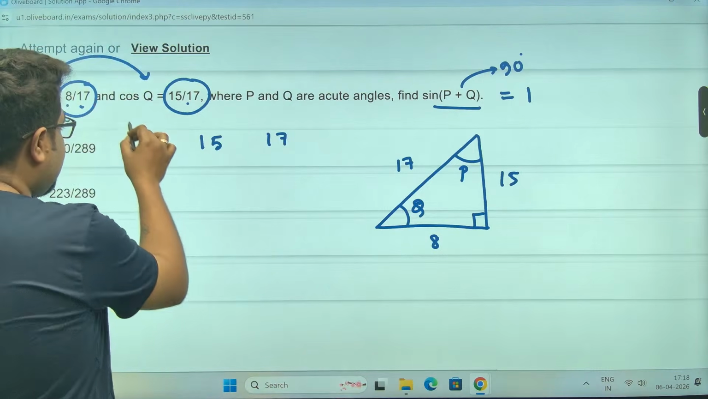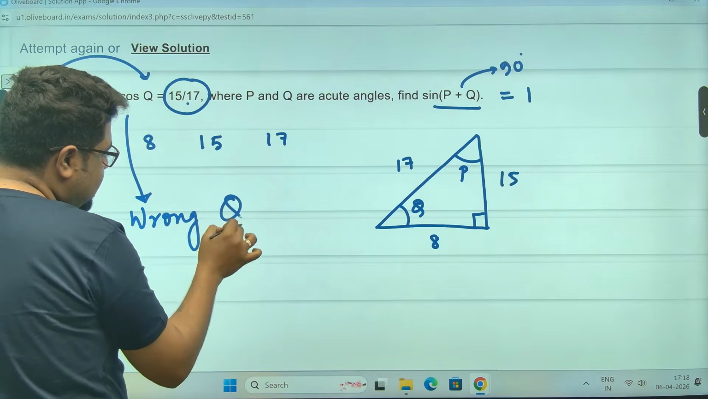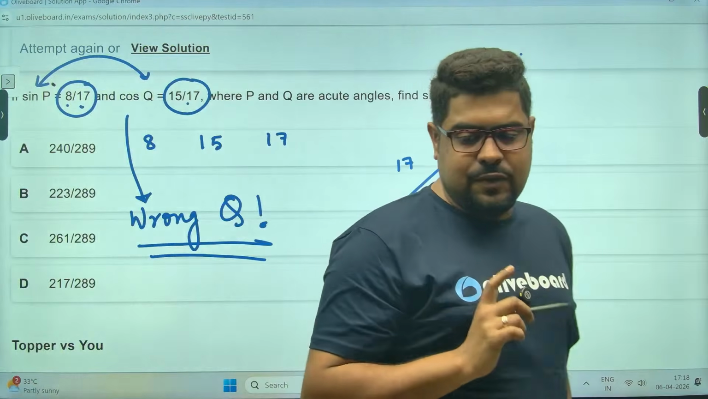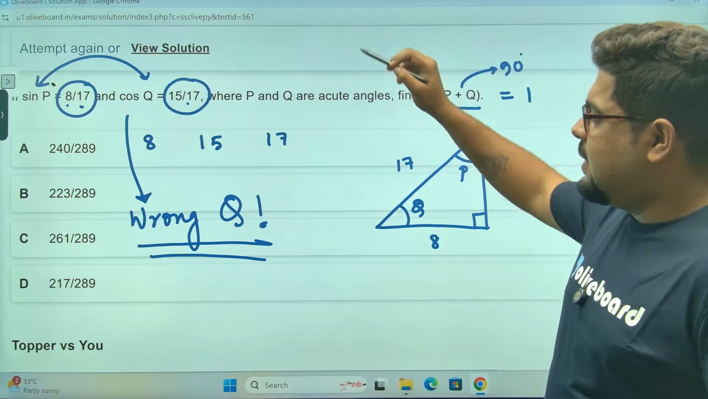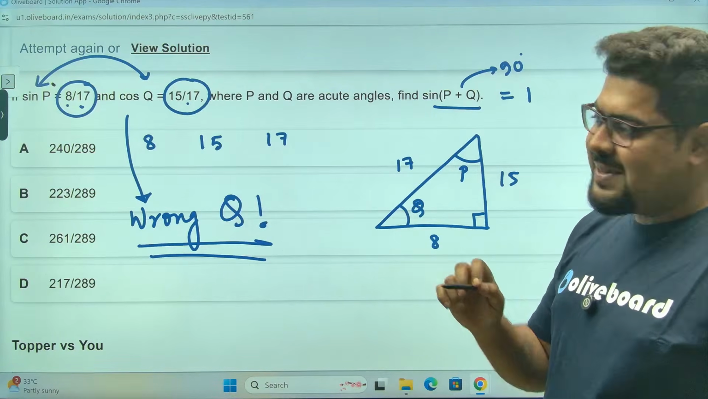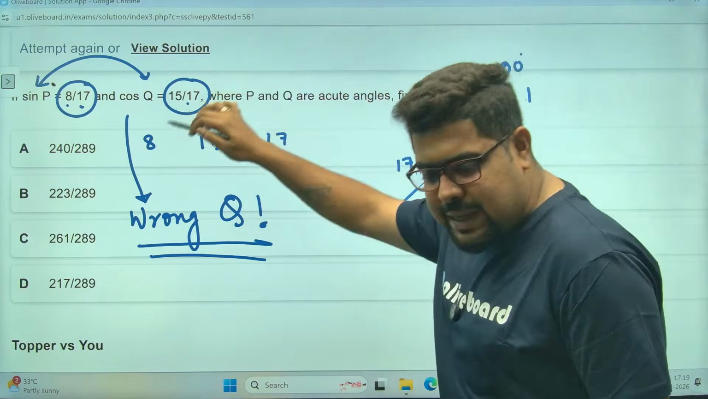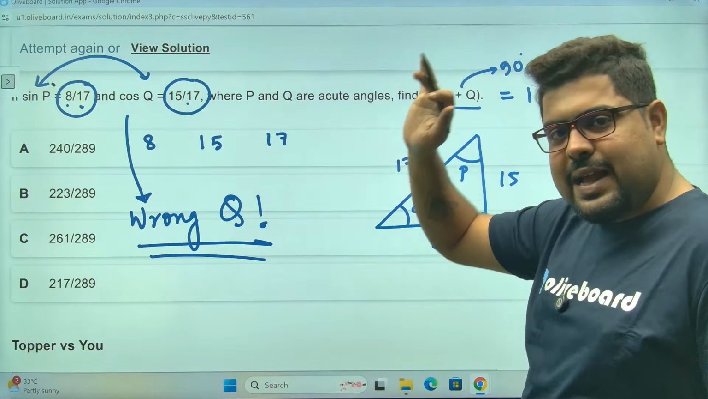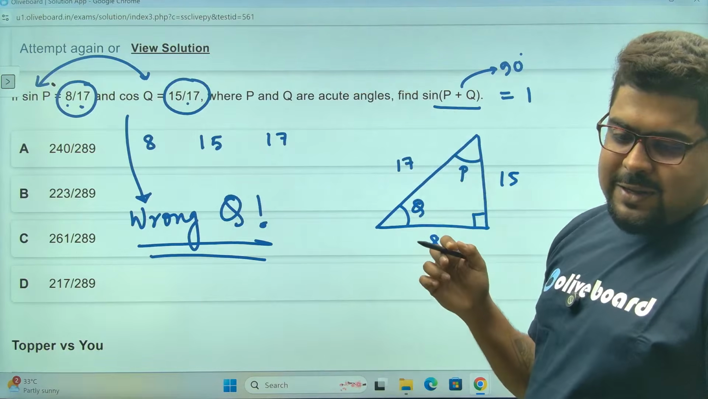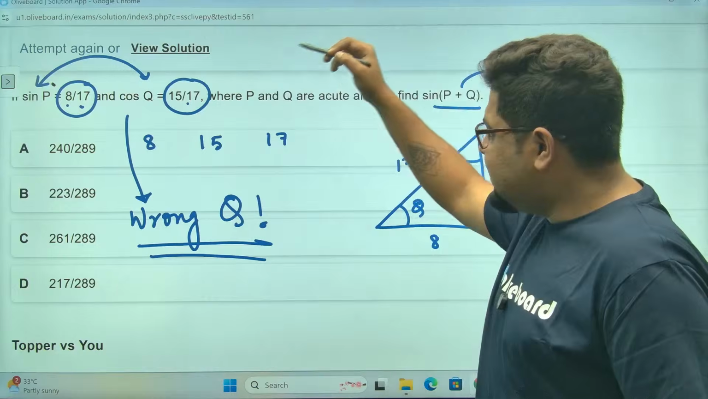This question is a wrong question, okay? You will get an answer if you calculate. But concept wise, this question is not right. This is a wrong question. Please understand, if they had used some other Pythagorean triplets, then it was okay. But if they have used the same one, just by looking at this, you can say, Arey, sir,